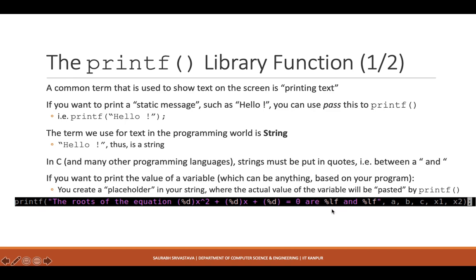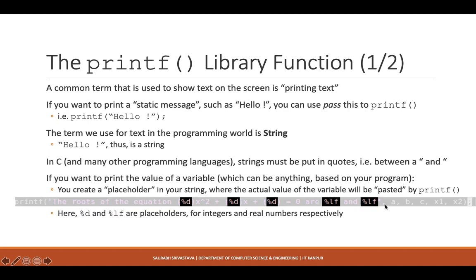And then there are two roots that we calculated in our pseudocode, x1 and x2. So there are two more placeholders here, %lf and %lf. These so-called placeholders are essentially a way to tell printf that you are supposed to paste certain values here. %d and %lf are indicators that these values are going to be integers and these values are going to be double.